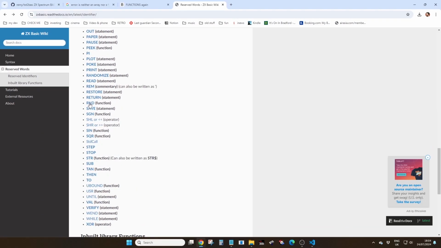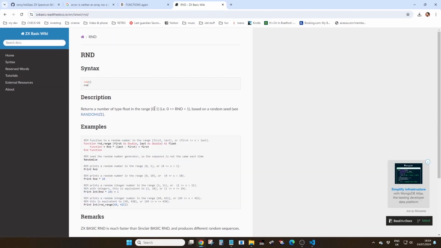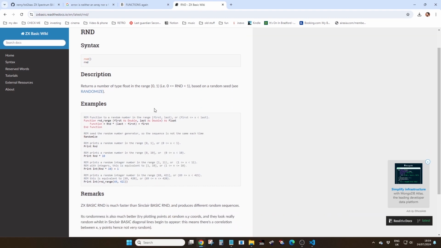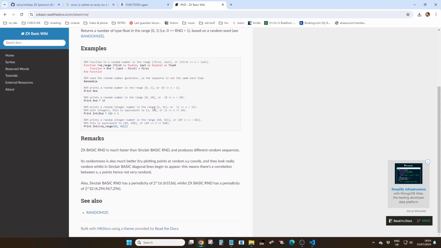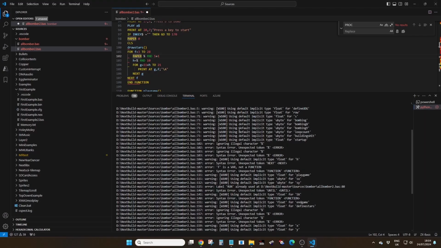So if I go to the Boriel website and look up the RND command, you see that it doesn't have the syntax with the percentage in. You just do RND and then times a number. It does include the randomize statement, I can use that. So if I change that line of code,